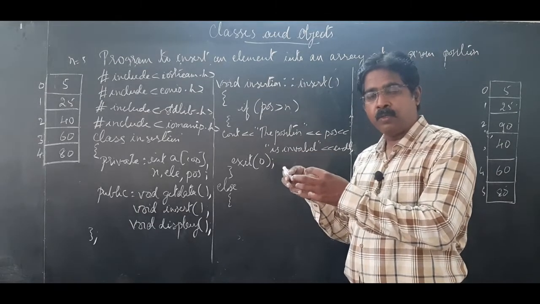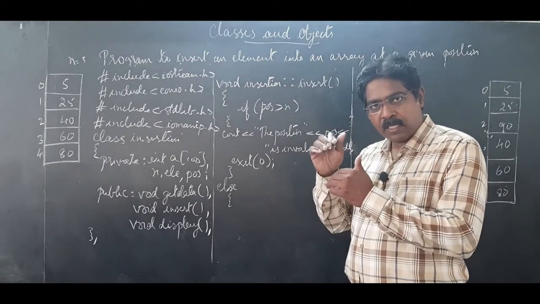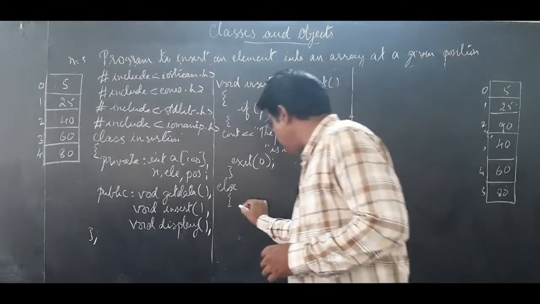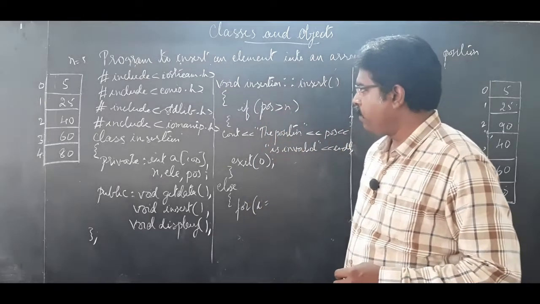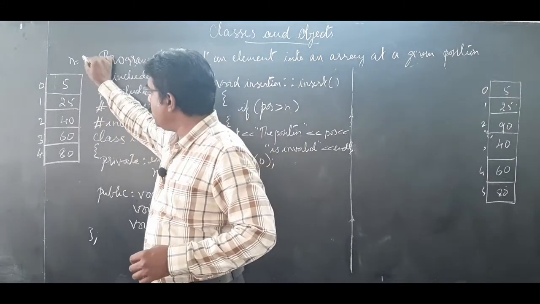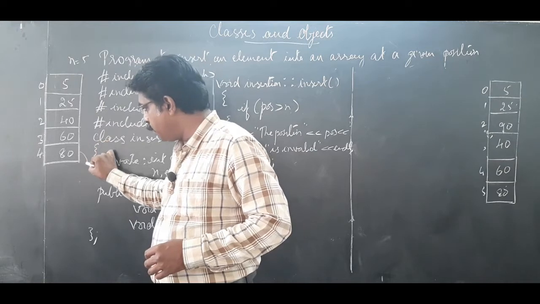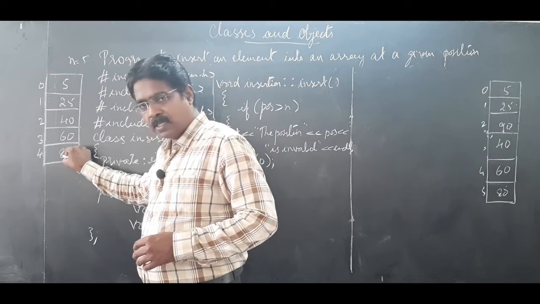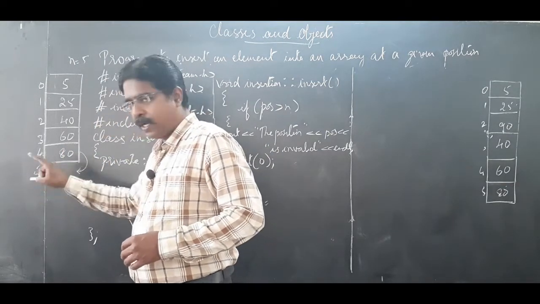Before inserting, what we need to do? We need to create space. First, creating the space from that given position, and then we are going to insert the element. So I take a for loop, for i equals. When you look at this given array, n's value is 5. I need to shift from the last element. That is, the fourth index is 80. That is the last element which needs to be shifted to the next position.